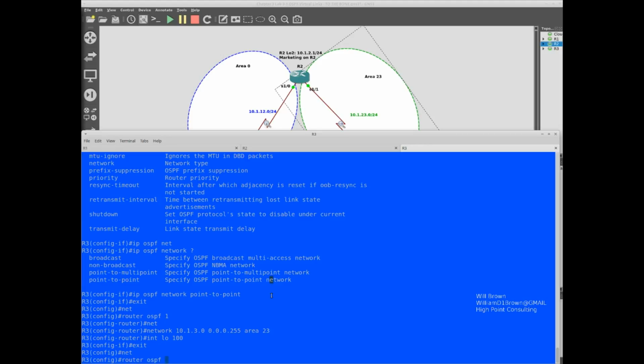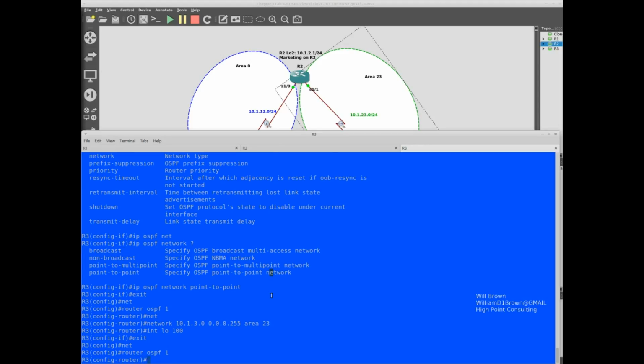Router OSPF. My notes are incorrect here, so let me back up. Let's go back into the router process. Let's first get the networks for the loopback interfaces participating in OSPF, and then I'll change the network type to point to point so that the subnet mask is correctly reflected in the routing table.